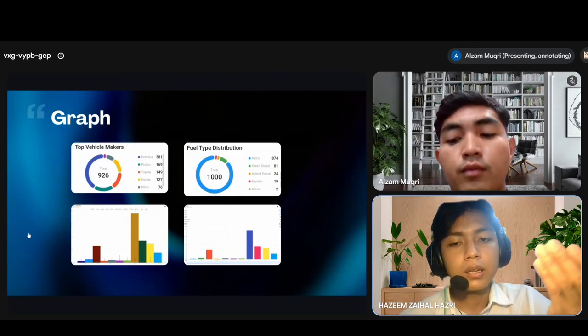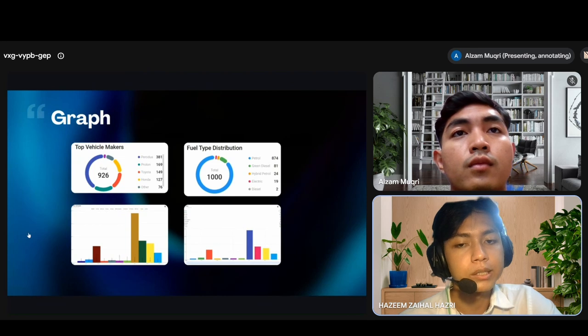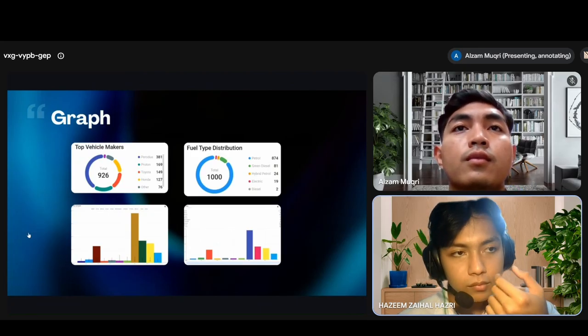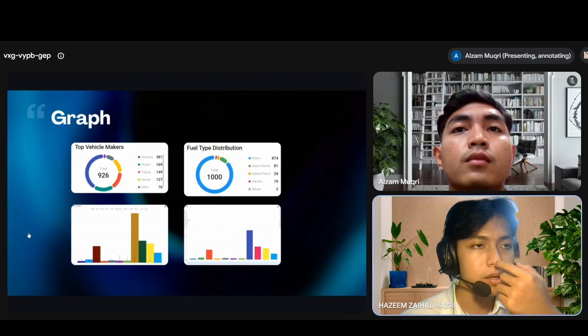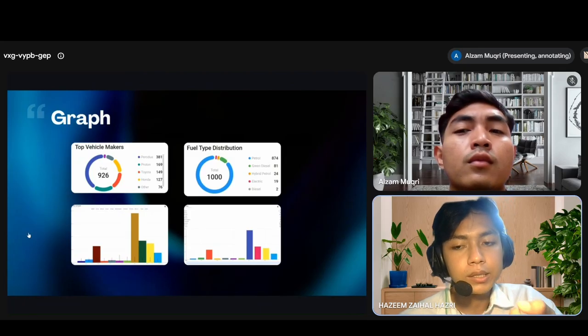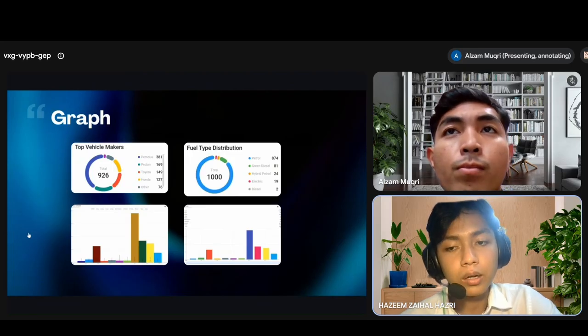As you can see, the highest consumer usage for fuel type is petrol, which is over 874 users, or we can say 87%. And for top vehicle makers, Perodua and Proton are the top in our charts. The bar chart shows the total registration per brand, and you can see Proton and Perodua are the highest.